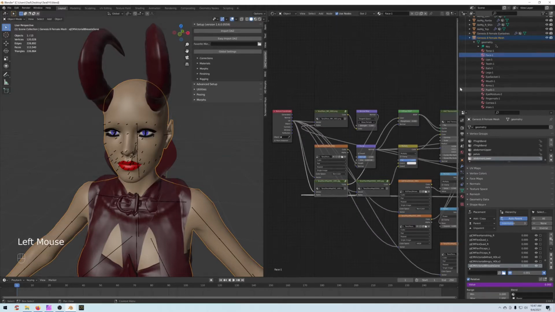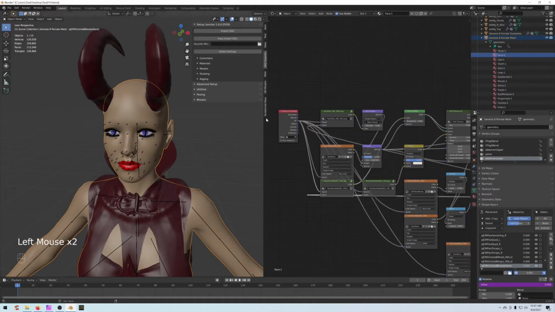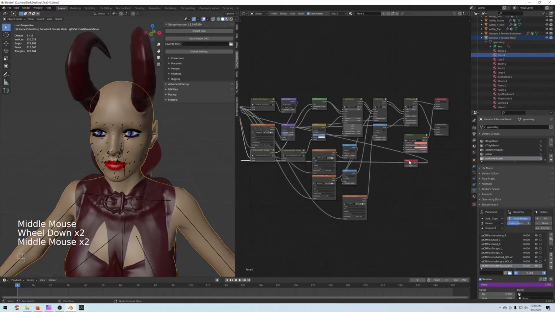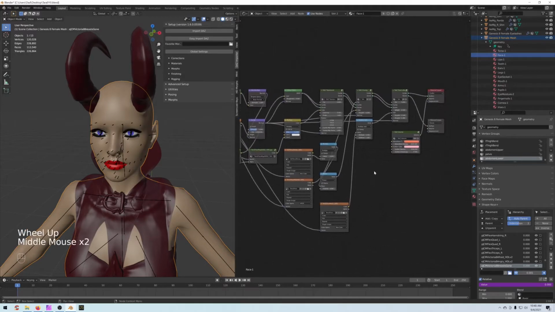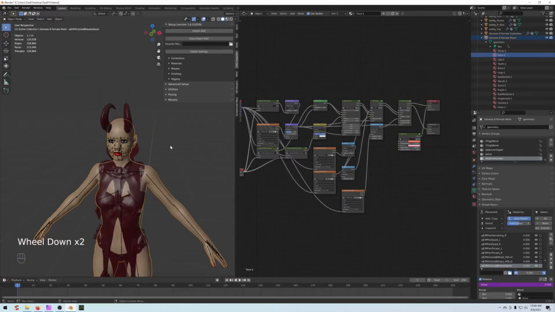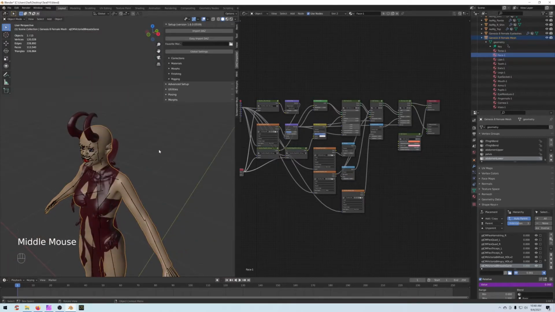Okay, so this is the node tree that Diffeomorphic gives us, which has a lot of things in it, but we'll see what we have here. Okay, so first let's set up some lights and just get a test render,